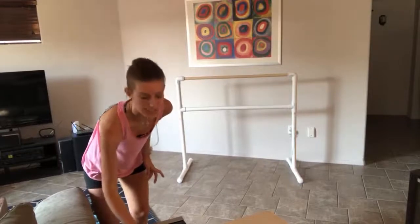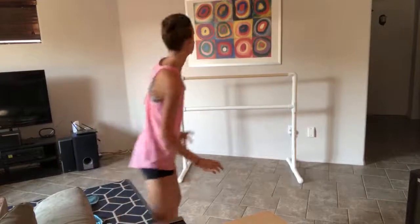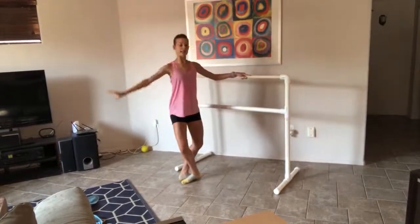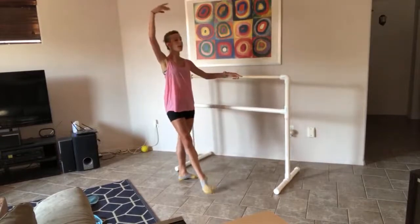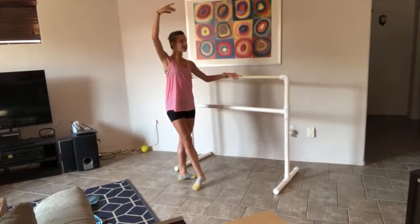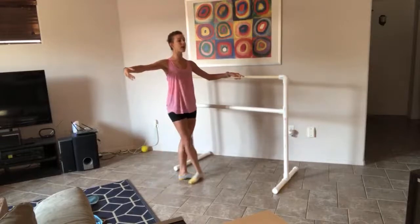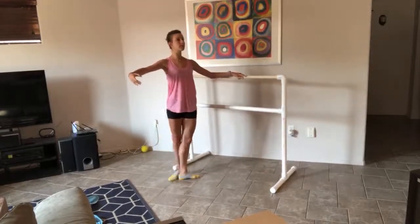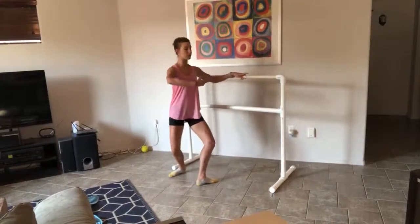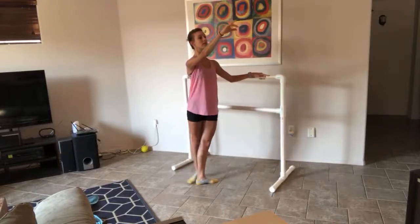All right, let's take it around to the left. Here we go. And plie, chasse, arm, fifth and out, fifth and in, arm down, around and side, closing front, and plie, chasse, reach to point, and